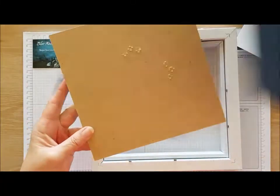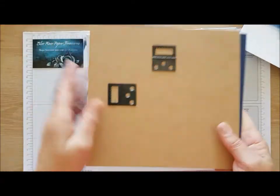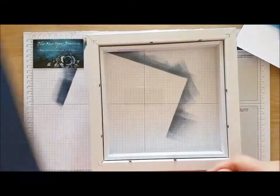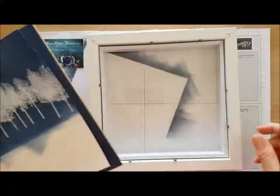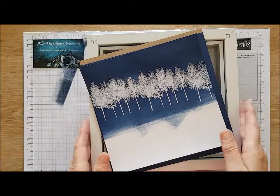So I just attach a bit of that to the backing board. Remembering when you start layering it, make sure if you've got hooks on the back as well, you've got them up the right way, because you wouldn't want it upside down. So that's that bit for now. Alright, I'll get on to the next bit, which is...